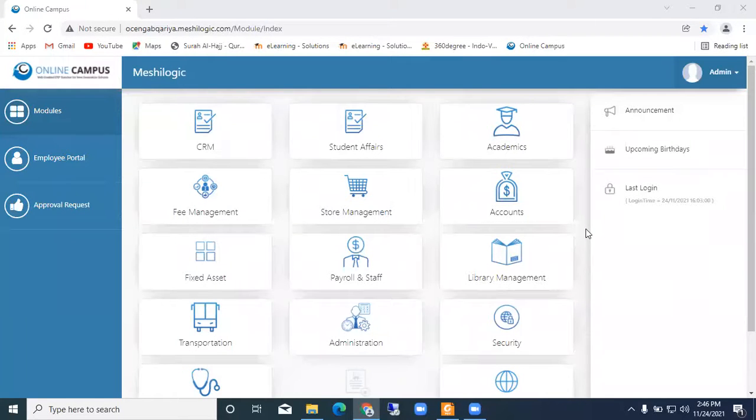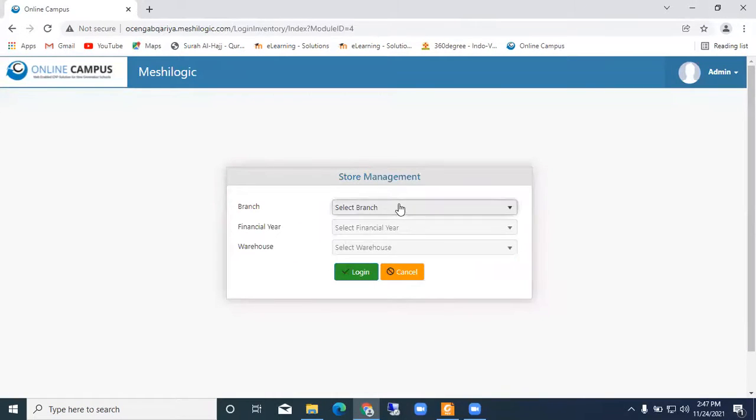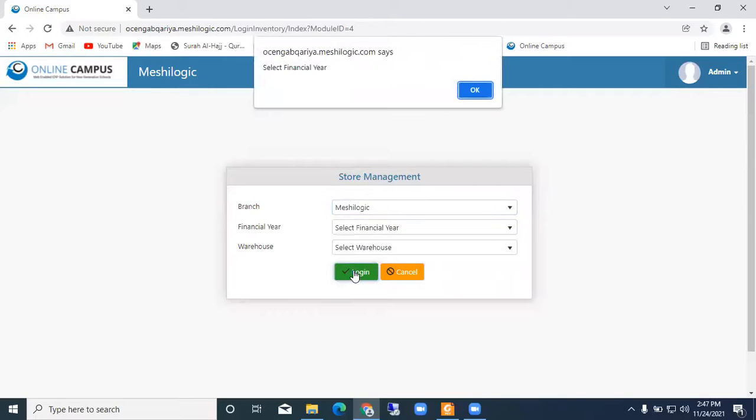So today we'll see about the store management. Basically, store management is an important module. Again, this is also connected to the accounts. Generally here we are going to start with the master in store management, starting with the units, boxes, dozens, the location of the items, like what items we are purchasing. It's all about the purchasing process.